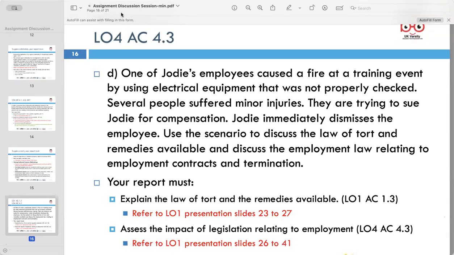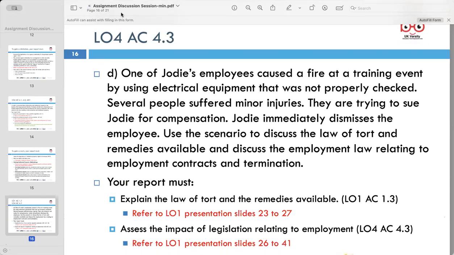Okay, Hanesh and Yasir, I understand that, but in our situation it clearly says training even by using electrical equipment that was not properly checked. So from our point of view, even though Jody is our client, we can clearly tell Jody it is Jody's mistake. Not necessarily. You argue the case. I said it can be. I use the word can. Jody can be wrong. What Hanesh said is not 100% necessarily, but Jody can be wrong as well.